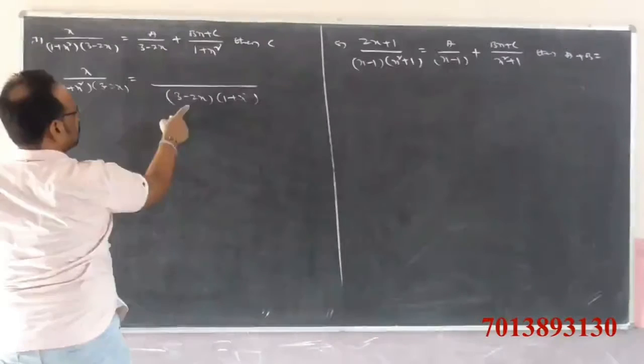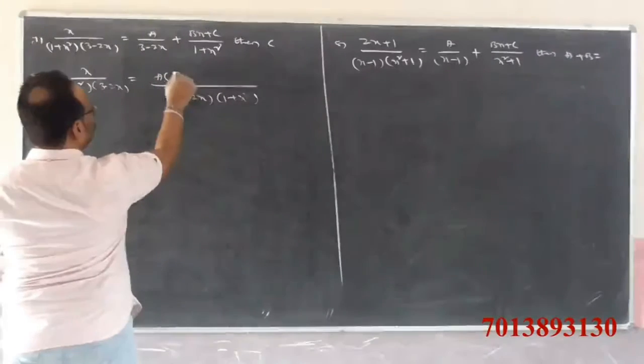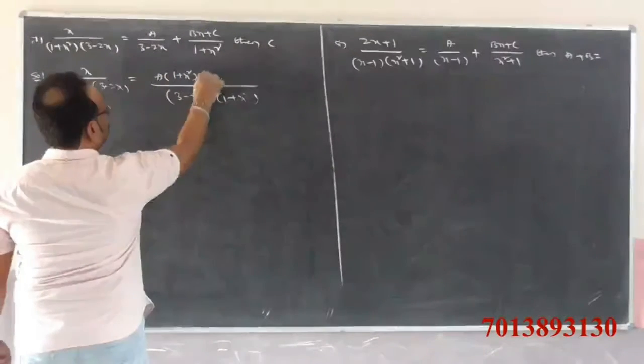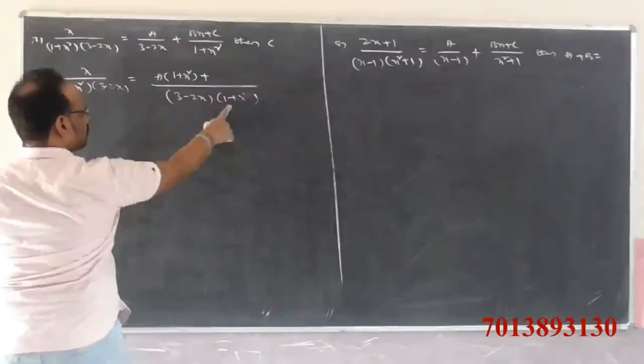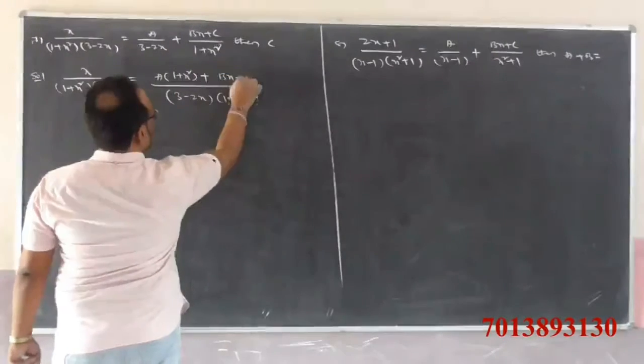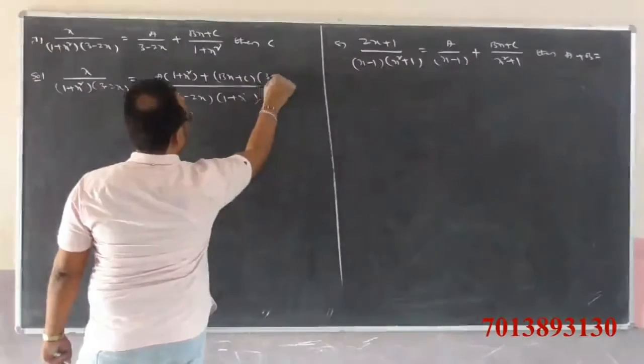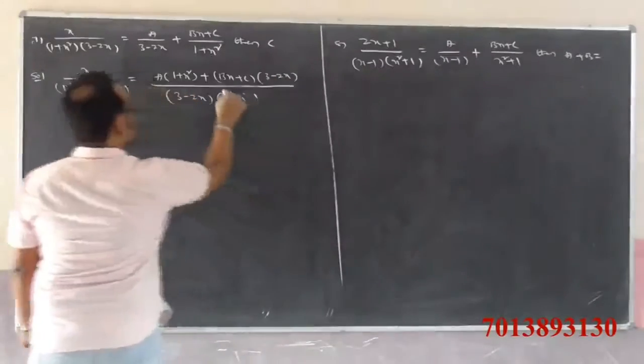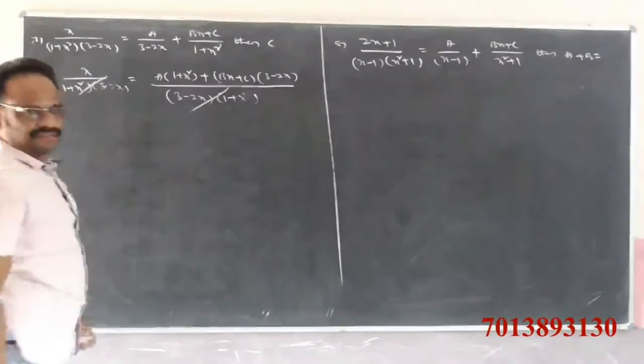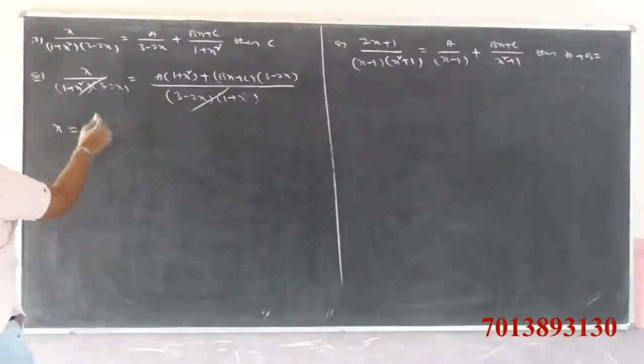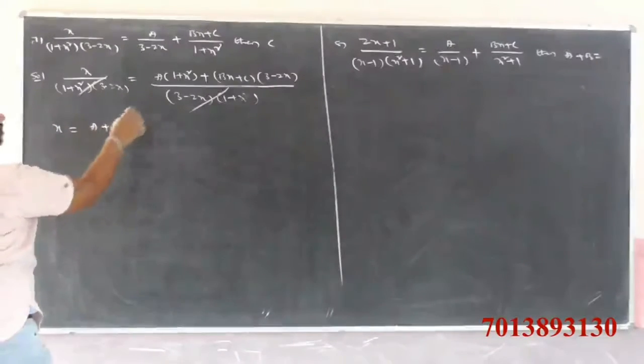So 3 minus 2x gets cancelled. Denominator gets cancelled. We get x is equal to a into 1, which is a, plus a into